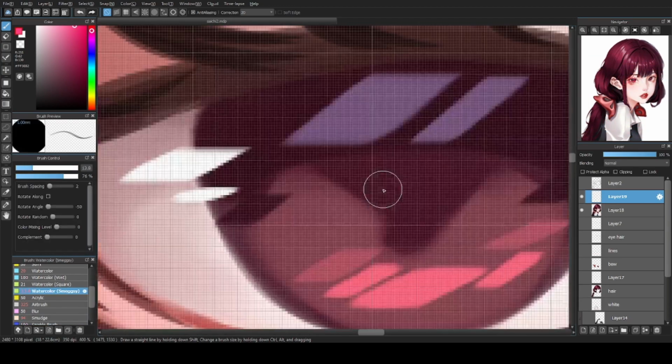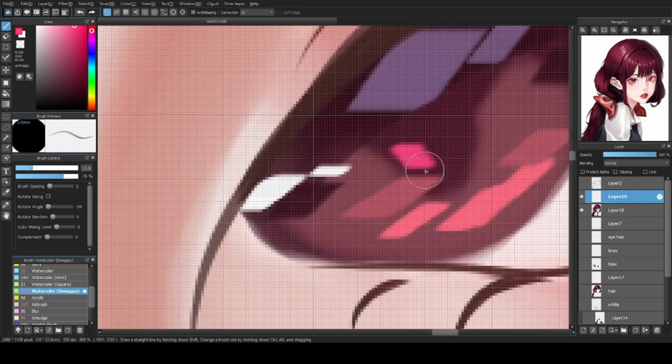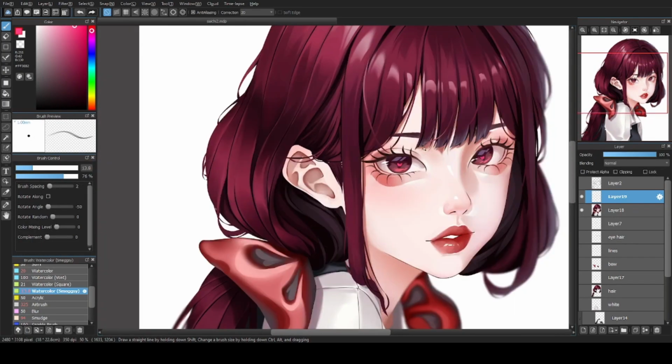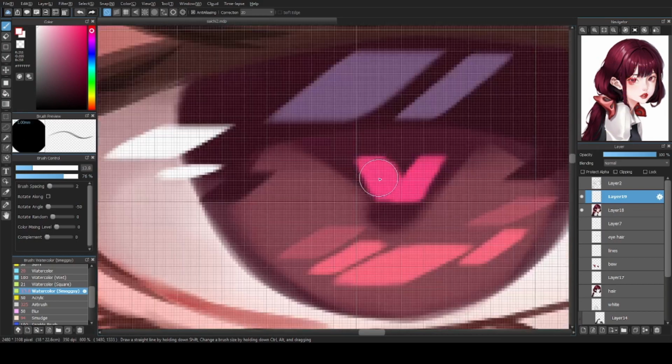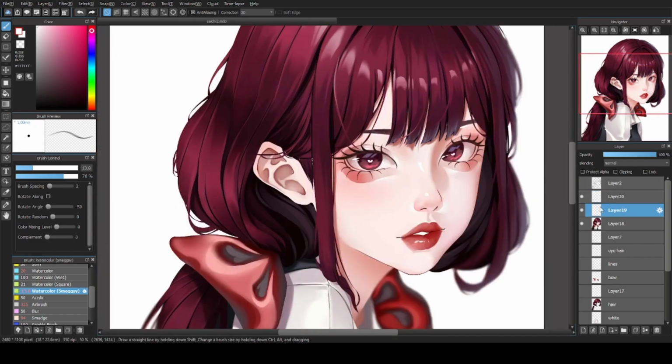And I added a heart in her eye, like a glowing heart effect. The way I did this is I added another layer on top and put a very bright saturated pink, vaguely shaped heart on it, and I put another layer of white heart. Now you're going to change the blending option of the pink heart to add, just to make it glow, and put Gaussian blur on it. Then boom,